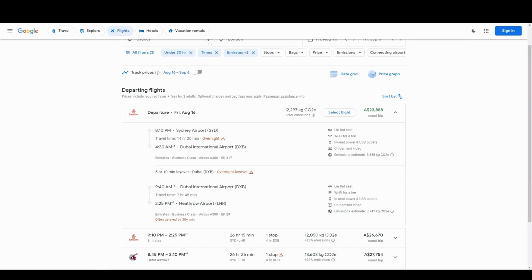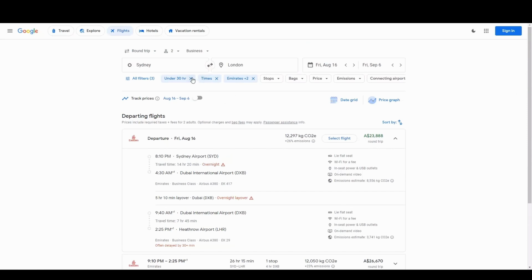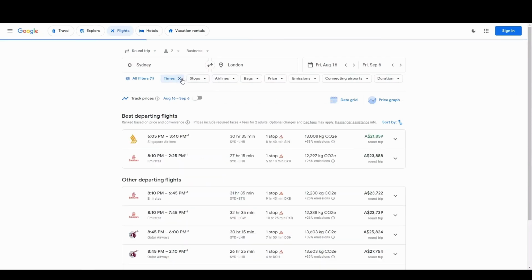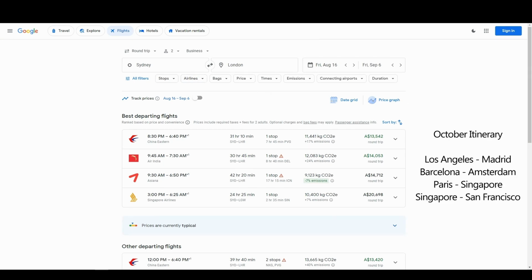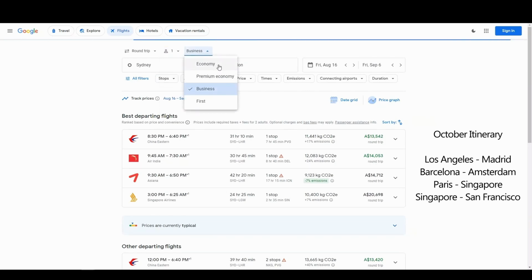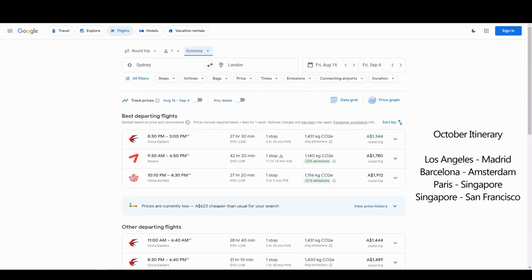Let's move on to the most exciting part, multi-cities and itinerary creation. For this example, I'll restart all the filters and use completely different cities. I have the itinerary on the screen so you can have a look at it. We're flexible when we travel. Let's assume we want to travel in October. So let's restart the settings here. All right, let's do our one-way flights from Los Angeles to Madrid.